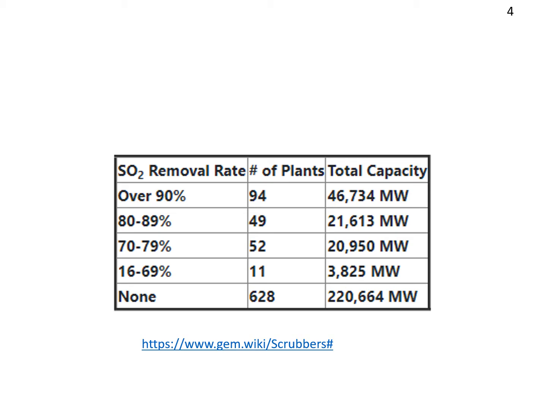This data is taken from the Global Energy Monitor, who in turn cites the data made publicly available by the Energy Information Administration, a US government administration. This shows the number of plants with capacity over 100 megawatts that fell within a certain scrubbing range in 2005. This is still a lot of coal-fired power that doesn't have any scrubbing at all.